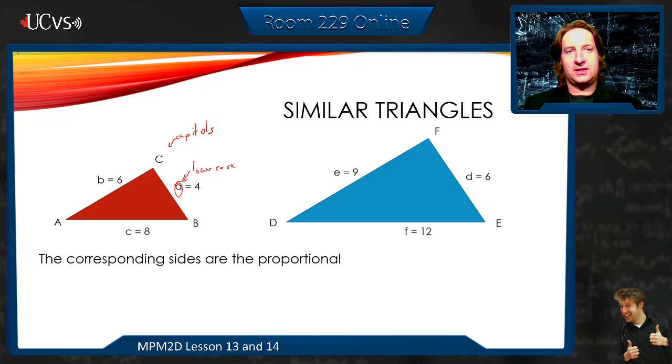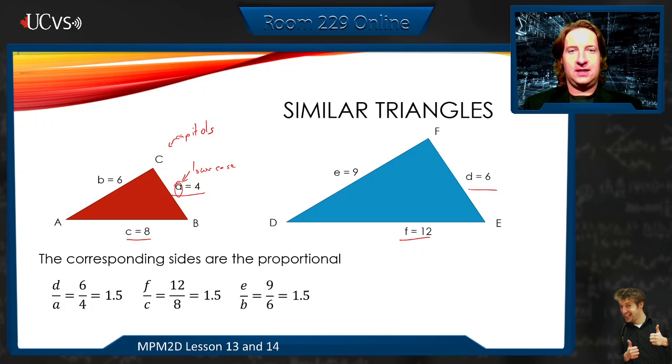Now, corresponding sides. So A here corresponds with D. So when we divide them, D over A, 6 divided by 4 is 1.5. So we're saying that the side length D is 50% larger than the side length A. Or, more simply, to get the length of D, we multiply the length of A times 1.5. Similarly, F corresponds to C, so it's just 12 over 8, and E corresponds to B, which is